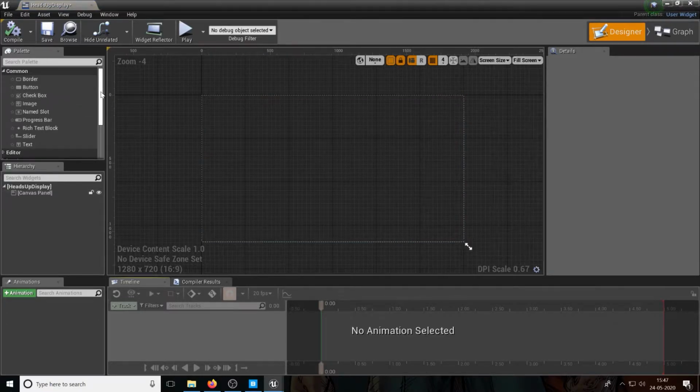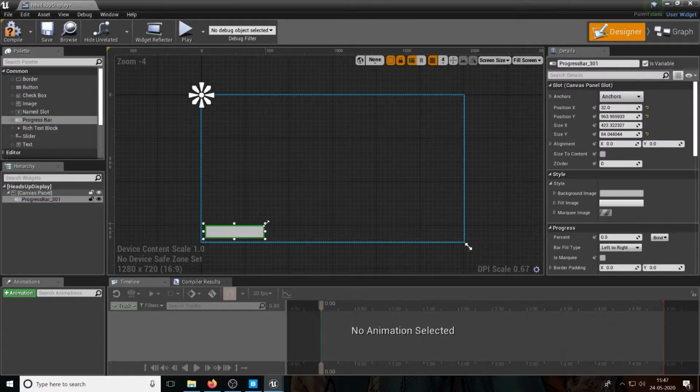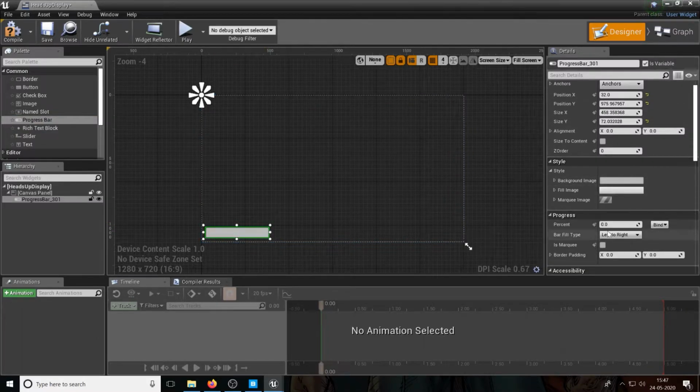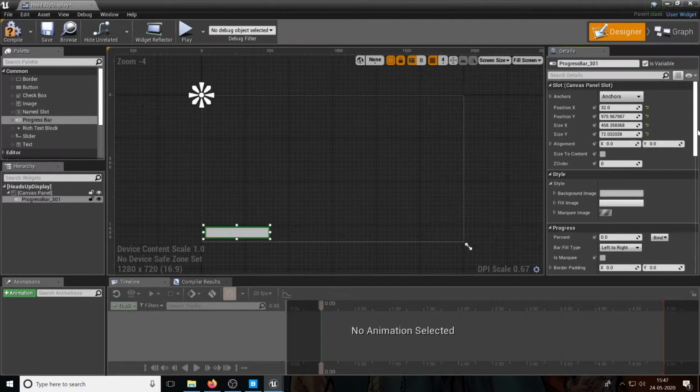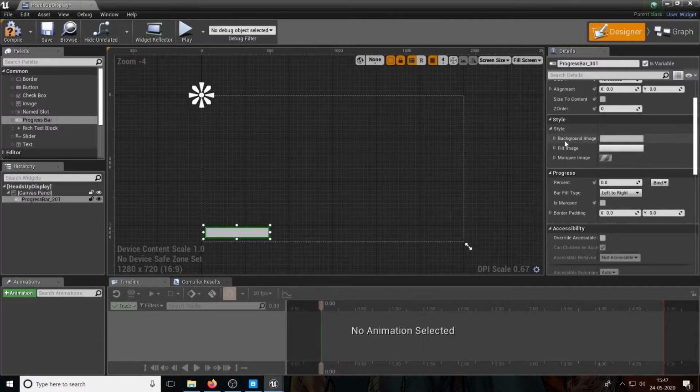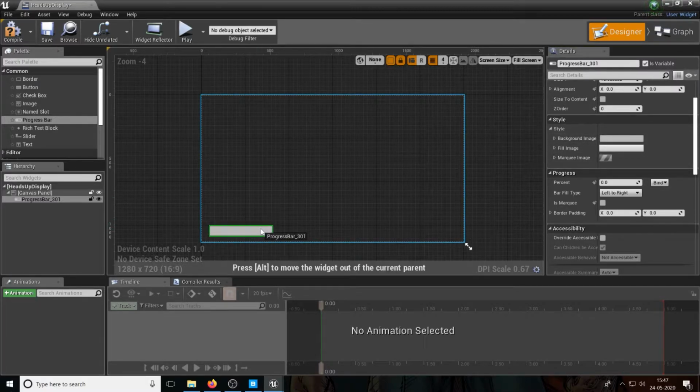And you'll notice that this is a lot like the tool Figma. So you've got this canvas and you can draw on the canvas. What I want is this simple progress bar. I'm just going to take this progress bar, change it a little bit, and I want to show you what this looks like when it's filled. It's quite easy to fill. If you want to change things like colors and icons, the background image and the fill image, feel free to do it. This is all really trivial stuff. This should be easy. I'm not going to get into that. So I'm just going to have a simple